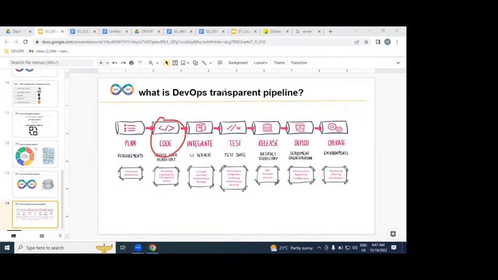In the dev environment, we are not writing any code. Writing is the responsibility of whom? Developers. After the developer writes the code, who maintains it? The DevOps engineer.